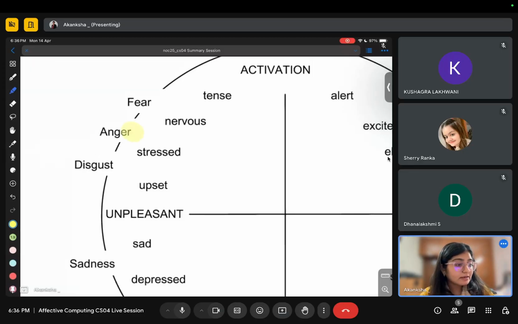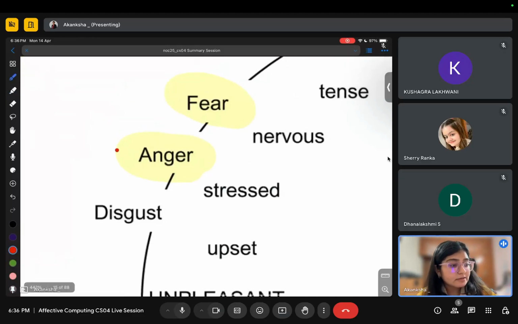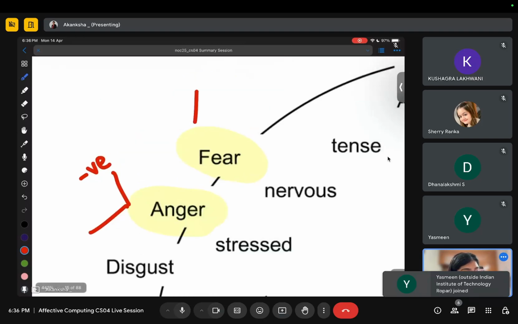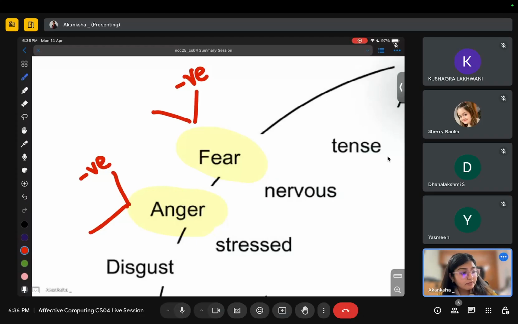So angry and fear. How do we say that the person is angry? Is it a happy emotion or sad emotion, like negative emotion or positive? This is a negative emotion, right? Same for fear also. This is a negative emotion. And arousal, if you are scared of something, mostly your heart rate will increase. You will have sweaty palms. So you have high arousal,